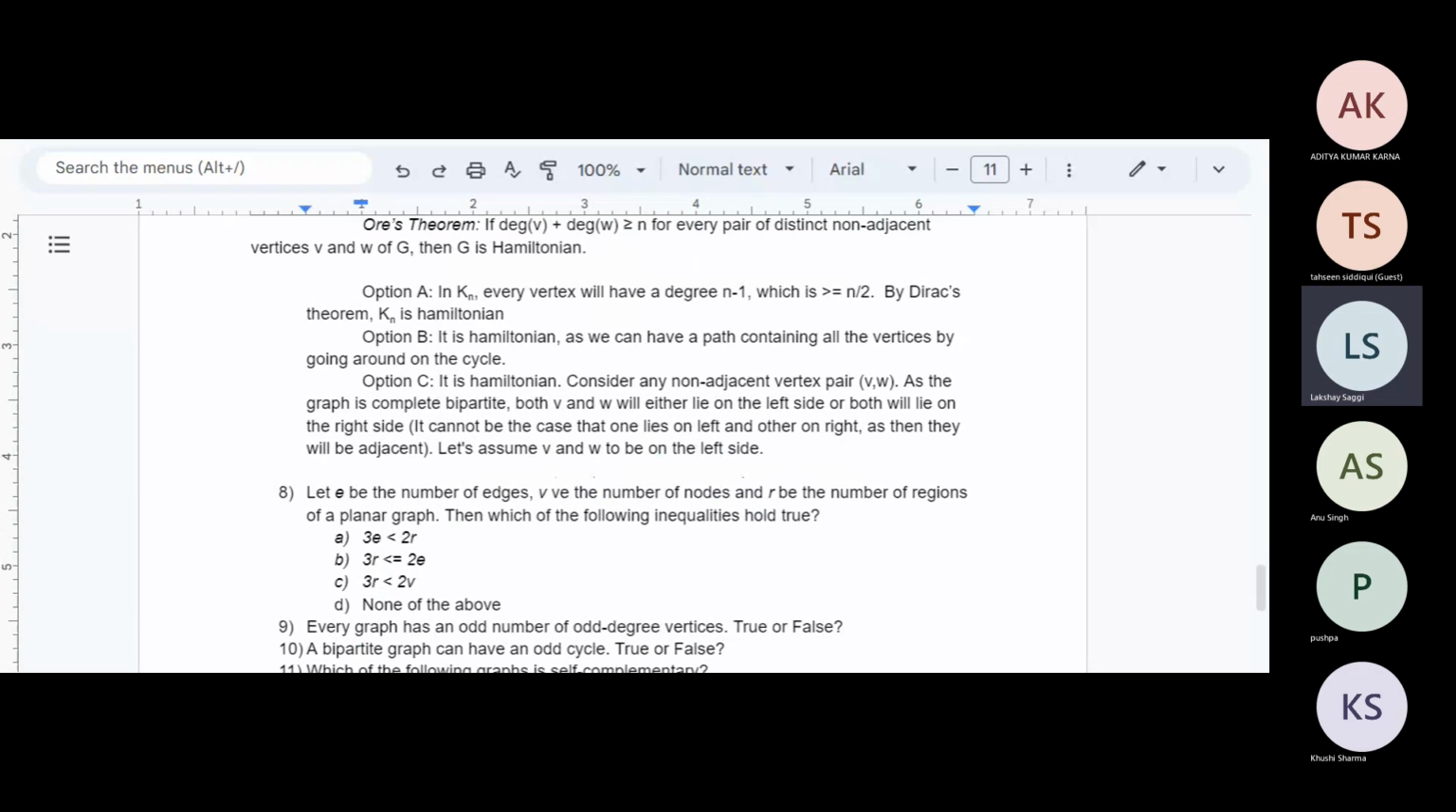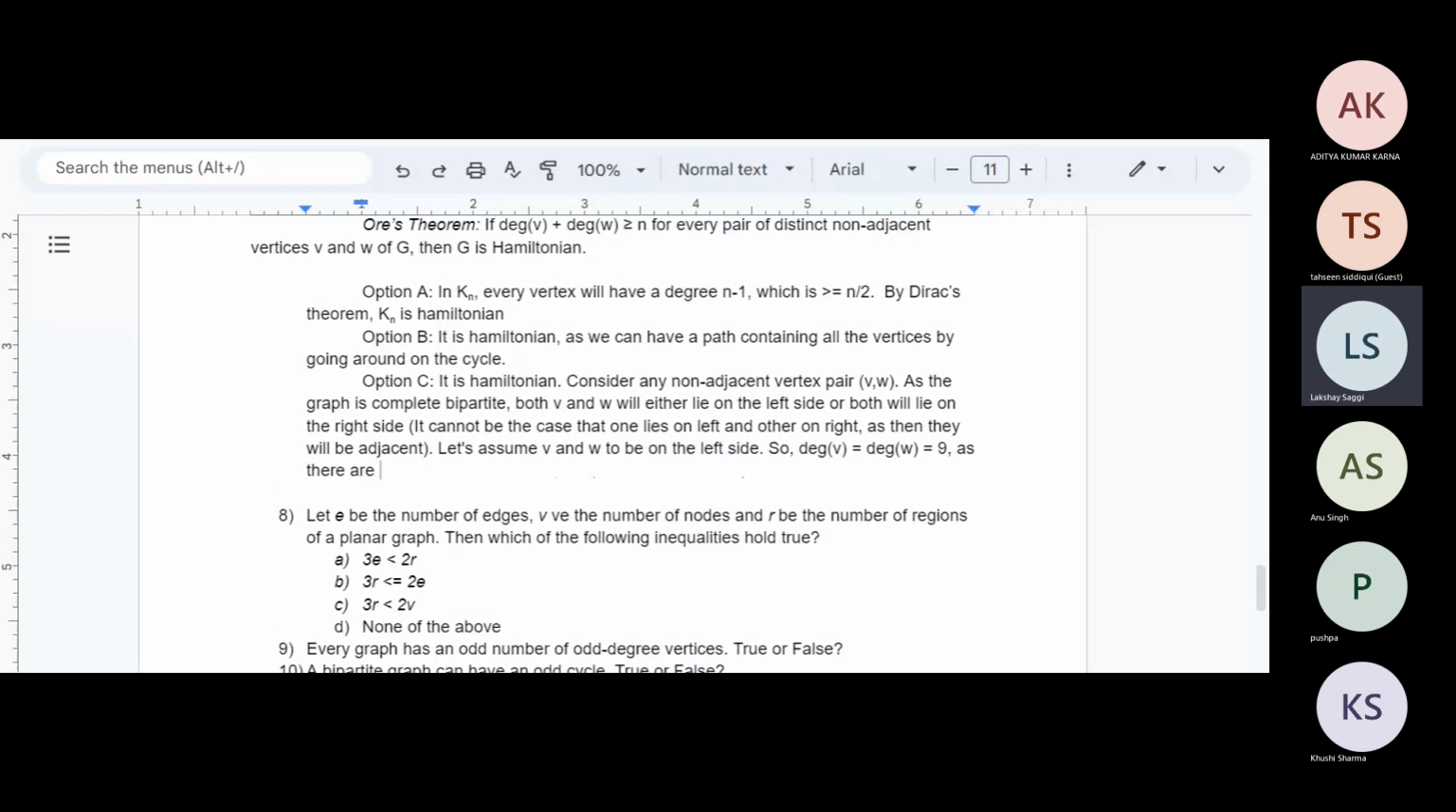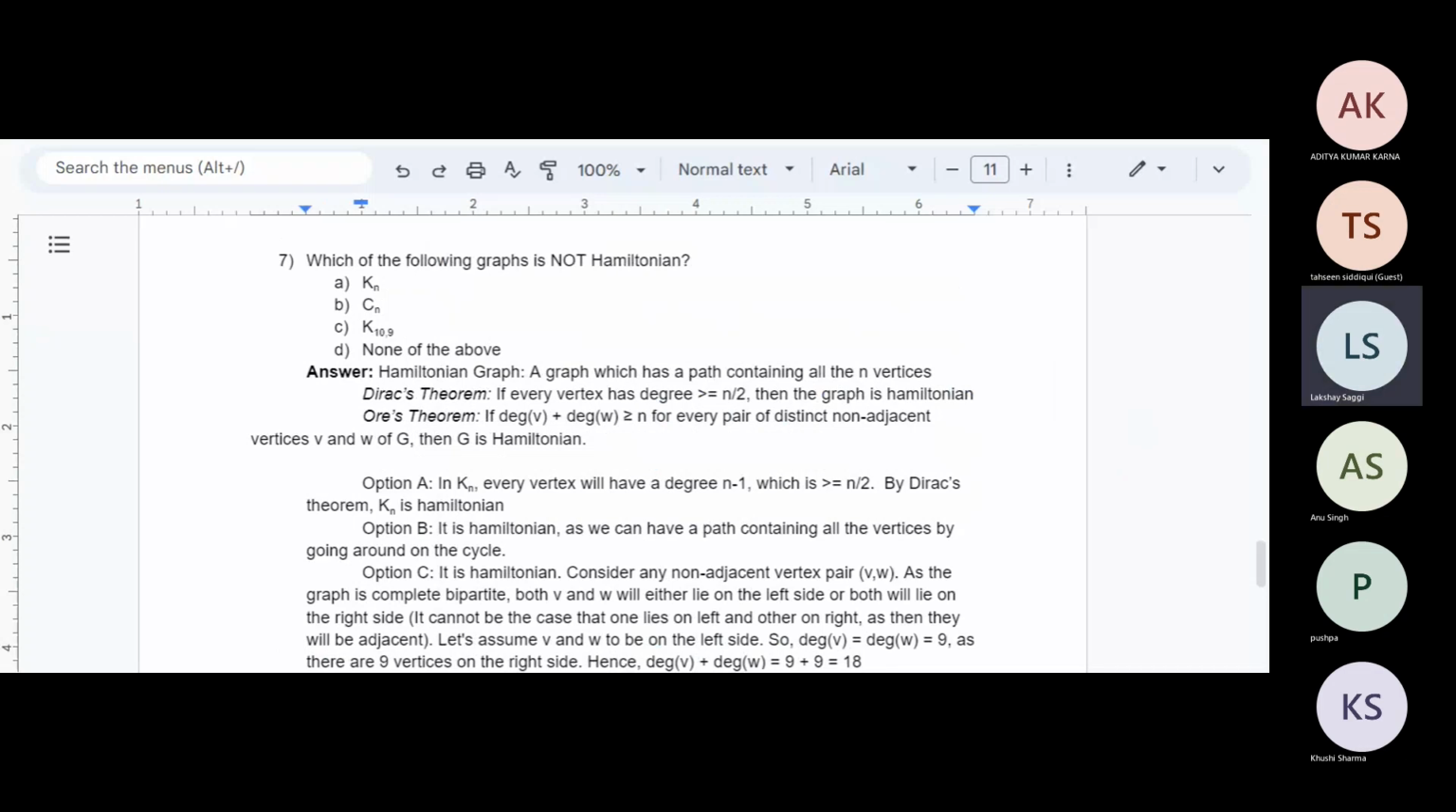I hope it's clear to you guys what I'm saying. Let's assume V and W to be on the left side. So degree of V will be equal to degree of W, which will be equal to 9, since there are nine vertices on the right side. So V will have 9 edges to the 9 vertices on the right side. Similarly, W will also have 9 edges to those 9 vertices, right? So then what we can say is that in this case, degree of V plus degree of W is equal to 9 plus 9, which is 18. And since the total number of